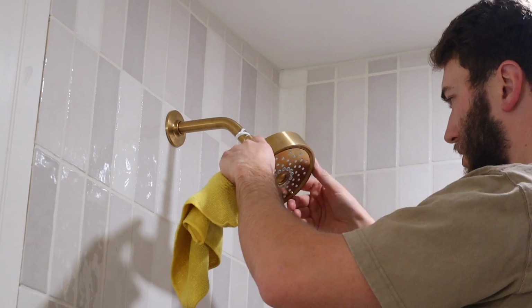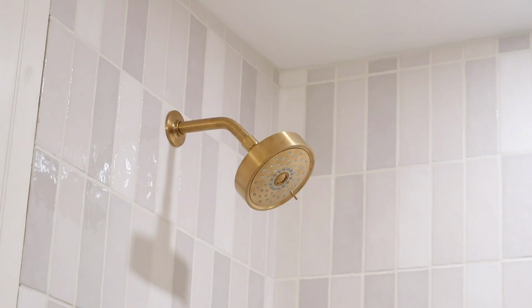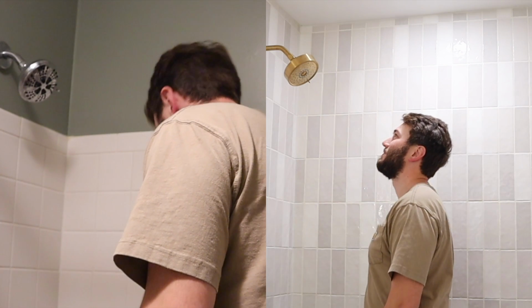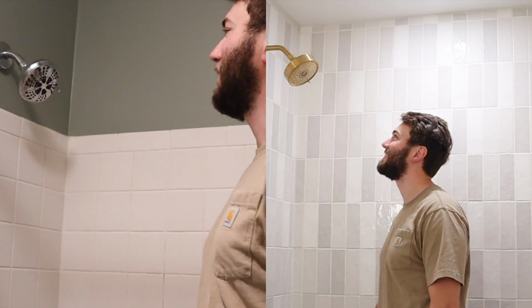Nothing else in the bathroom was hooked up at this point, but once the shower head was installed, we immediately started using the shower. Here's a little height differential between the new bath and how tall the shower head is versus Christian just having to duck his head like Buddy the Elf in our old bathroom shower, so we immediately started using this. Also found another mistake by our contractor while we were taking our showers in this bathroom, and